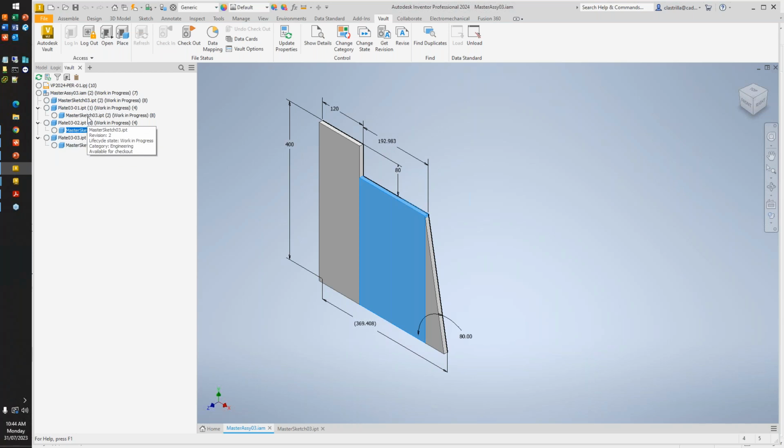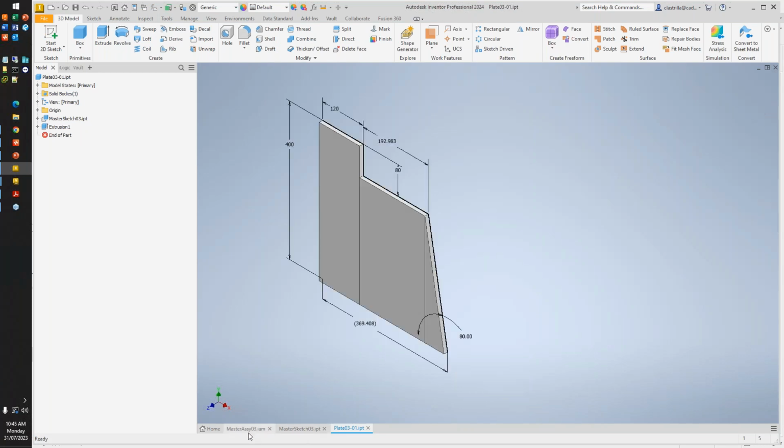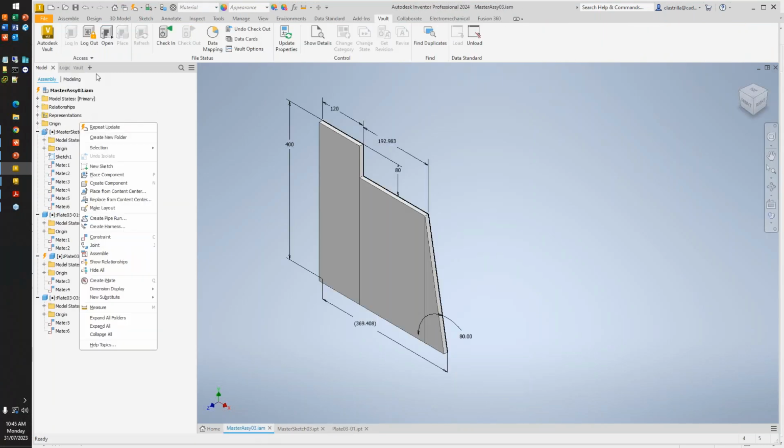So effectively what this would mean is that you would need to have opened up each and every one of these components to make sure that they're referencing the master component at that particular rev. You need to check it out and then check it back in. So obviously that's not an ideal